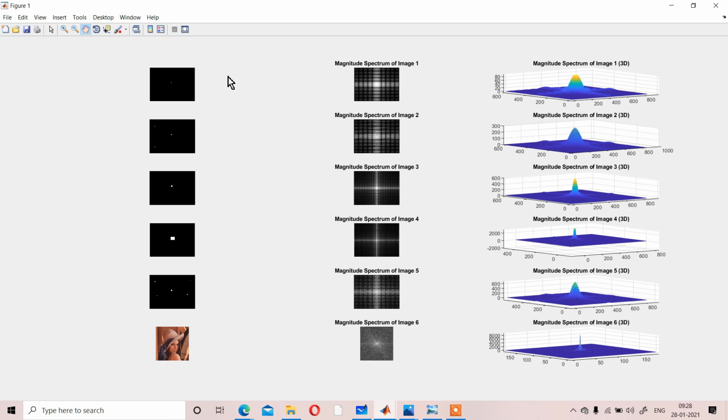For the first image the resolution is high, so you will get the maximum core. Maximum core means in the low frequency range you will get the maximum frequencies. Low resolution means high frequency and high resolution means low frequency. That is the relation between spatial domain resolution and frequency. That is also satisfied from those expressions or images. Up to that, is what I am trying to say clear or not? If not, ask me, I will explain again.